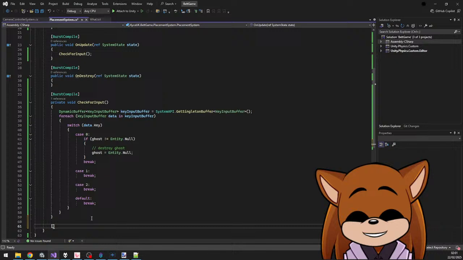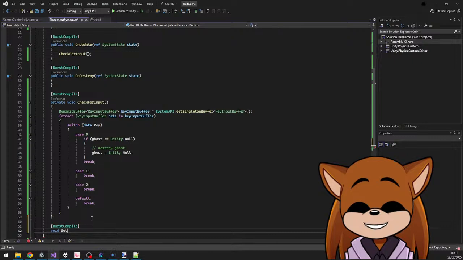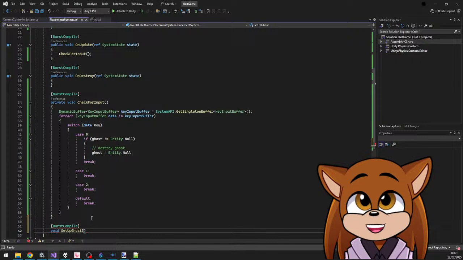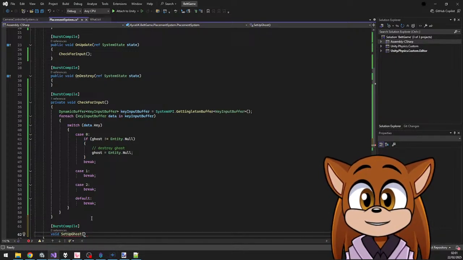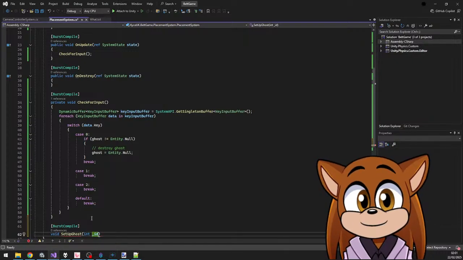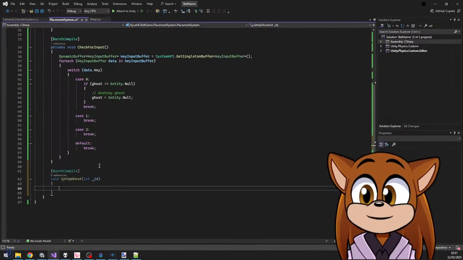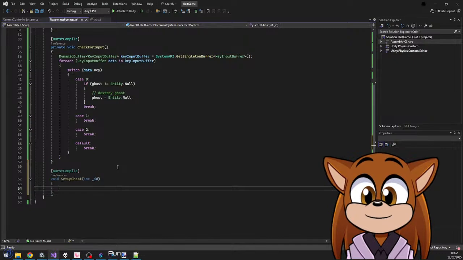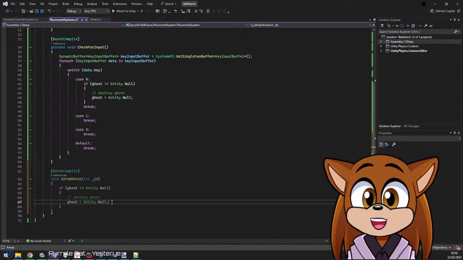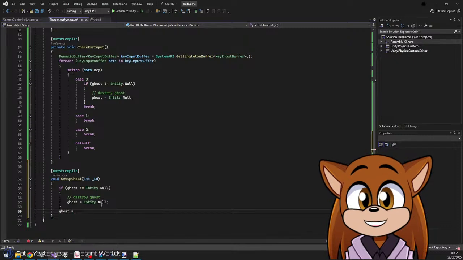Let's compile. Void setup ghost. So in here, if ghost does not equal entity.null, then we want to destroy the ghost, and then we want to go ghost equals